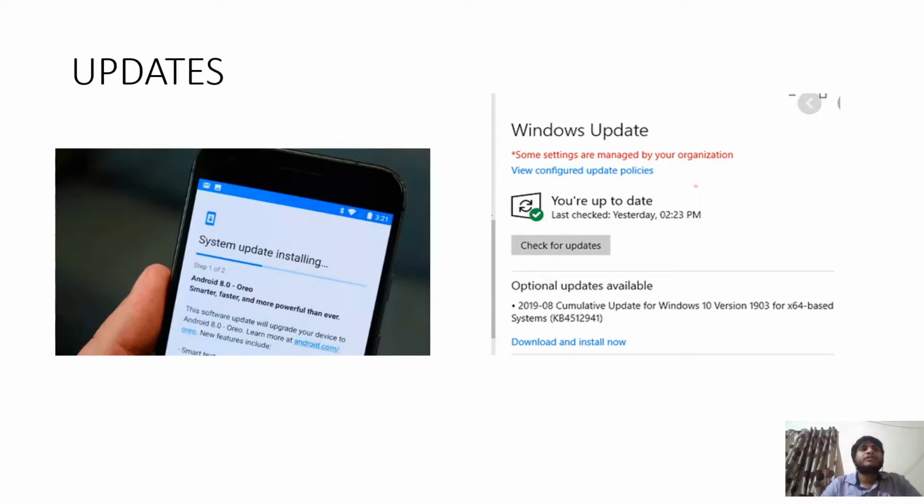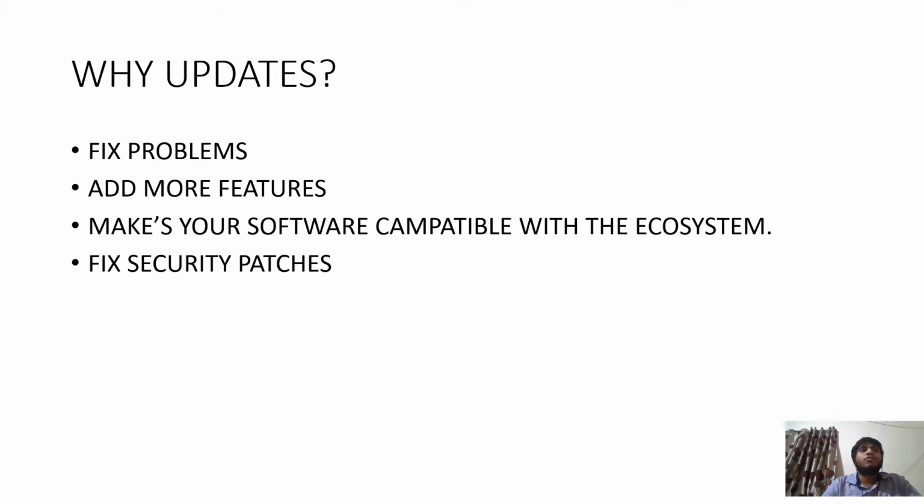In general computing machines like your phones and your laptops, we often see updates regularly. There are system updates that will usually fix problems or add more features to your device or an application, or sometimes you have software to make the ecosystem compatible, or software that can integrate with the world. Sometimes you also have updates that fix security patches, which are important because your device connected to the internet means making your device vulnerable to many attacks.